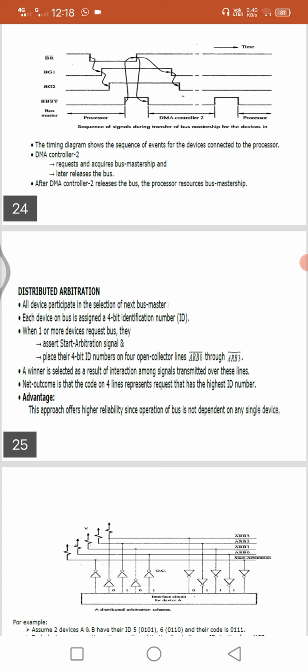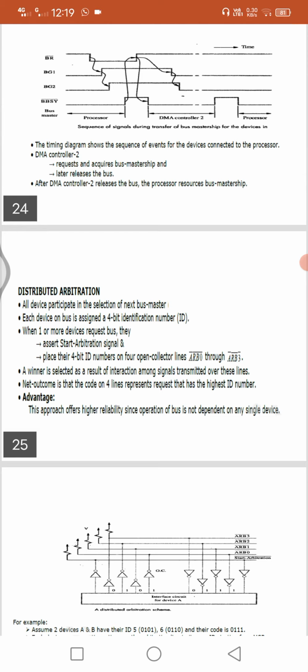Coming to distributed arbitration. In distributed arbitration, all devices participate in the selection of the next bus master. Previously it was one by one, but here all devices participate. Each device on the bus is assigned a 4-bit identification number, that is the ID.